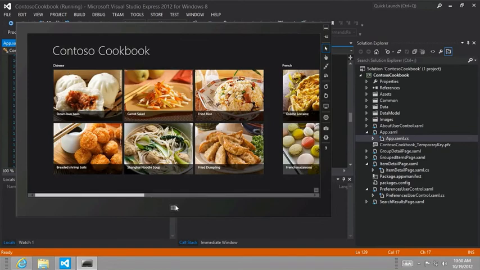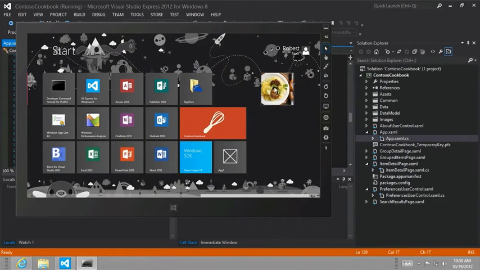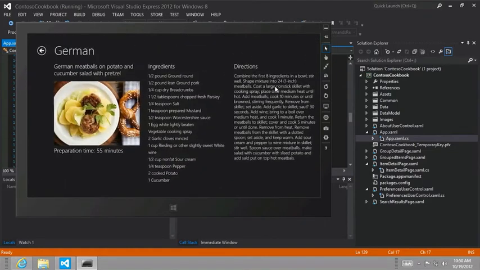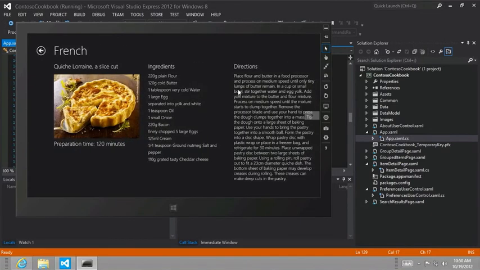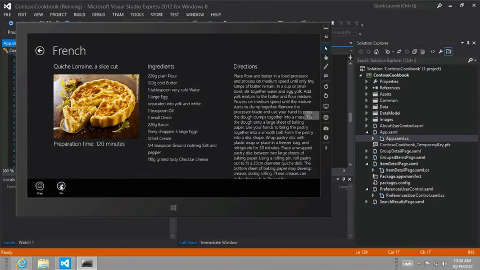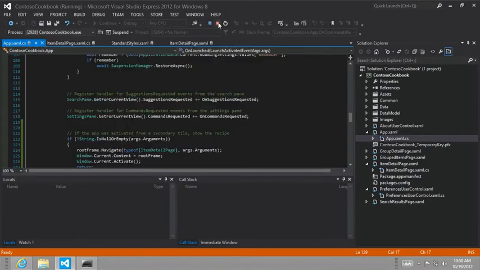All right, so there we are in the Contoso cookbook. Let's immediately go to the start screen. Now we have our German meatballs icon. Let's just see if that works now, and it does. Awesome. Now let's, for example, go to a different cuisine here. Let's go to French quiche, and let's pin that one to the start menu. And let's go ahead and then shut down, stop debugging,